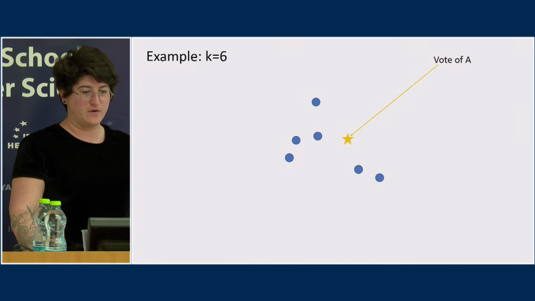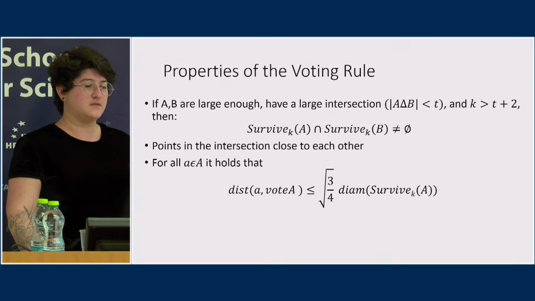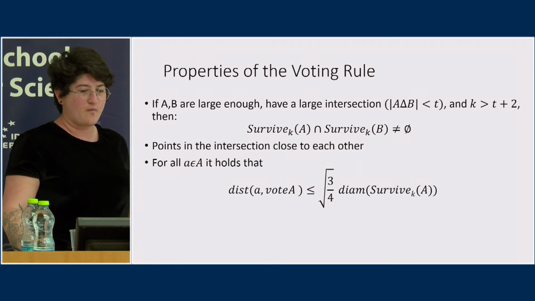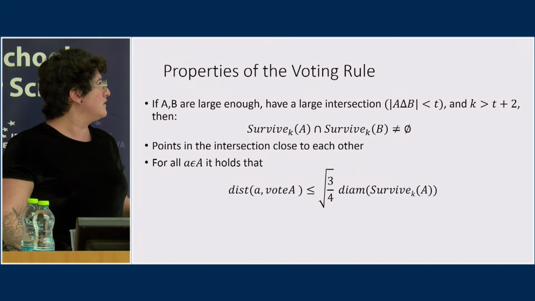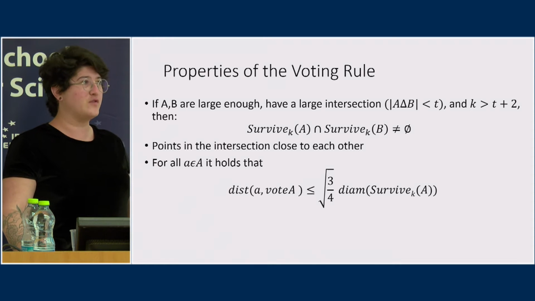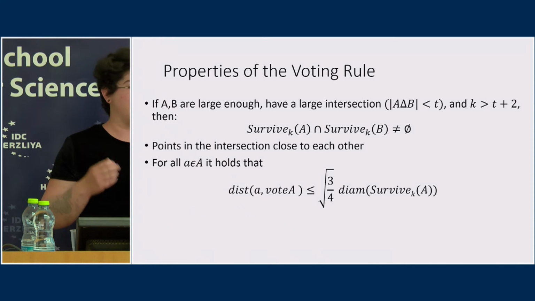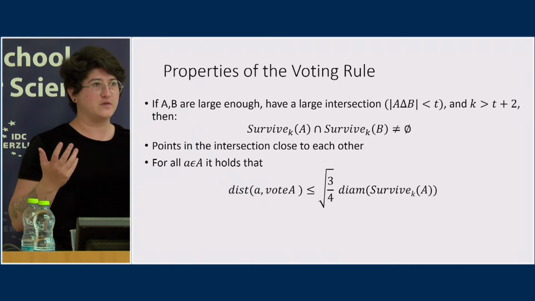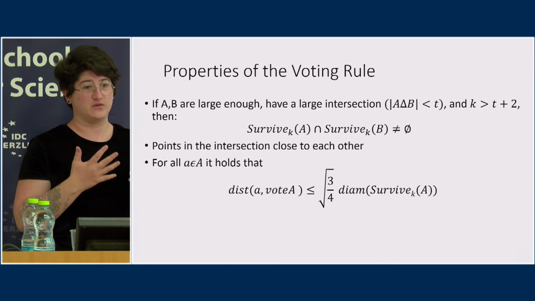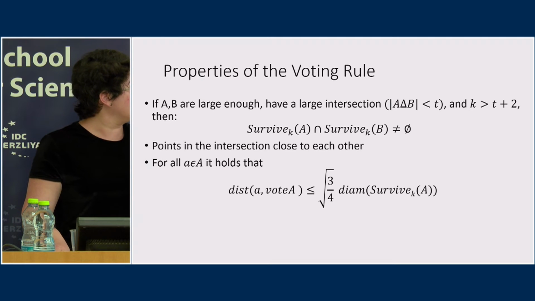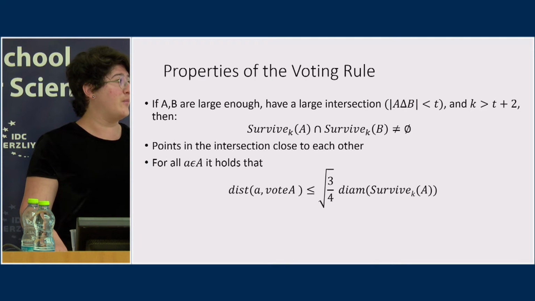So this is the vote. And so some properties of this voting procedure, which kind of look trivial, but were not trivial to prove. If I have two players and they have two sets of votes, and the sets of votes have a large intersection or a small symmetric difference, and we set k to be large enough, then we have that if both